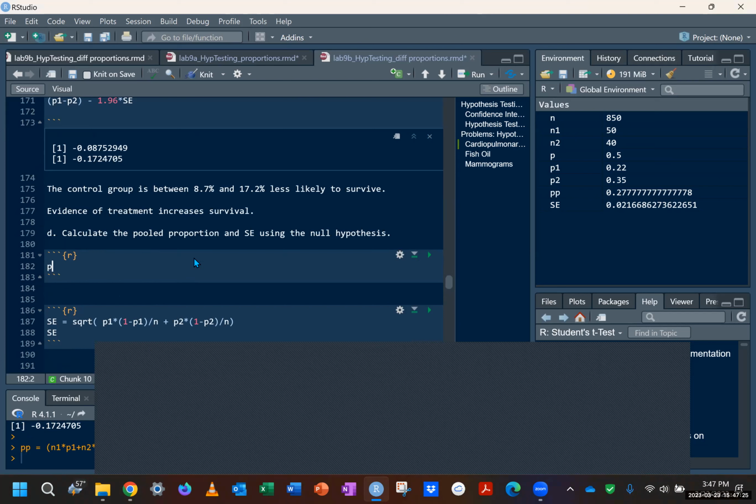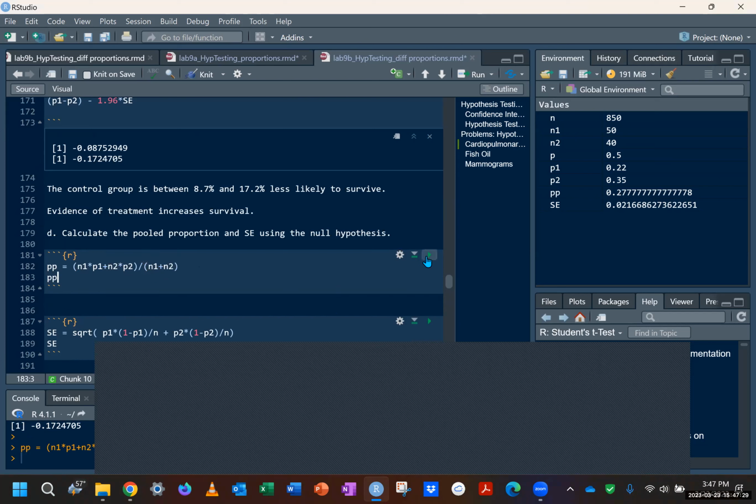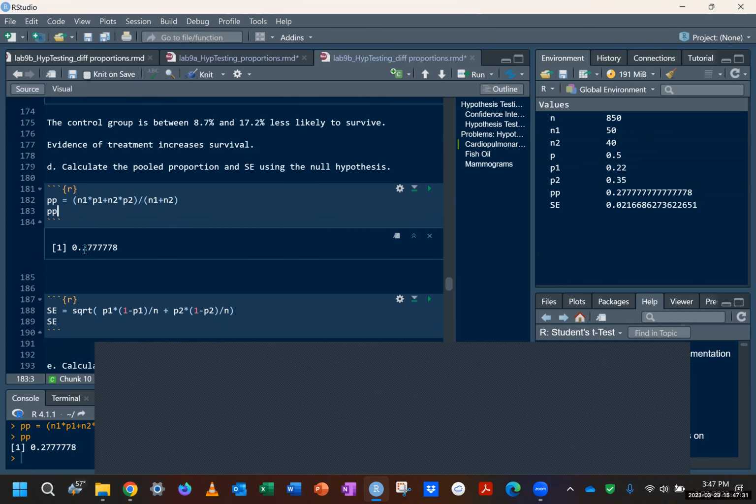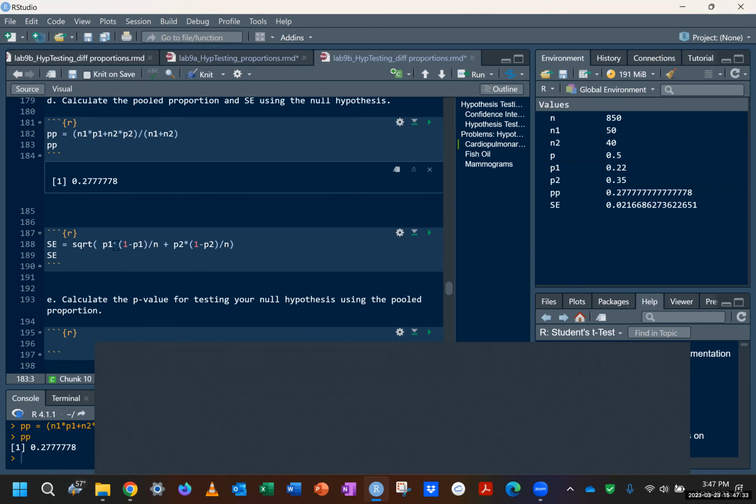I'm just going to check these numbers to make sure they make sense. I always like to see them. Okay, that's a proportion. It's a number between 0 and 1, somewhere between the two values. So now instead of looking at,